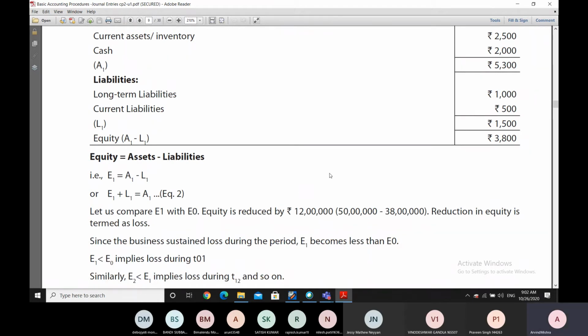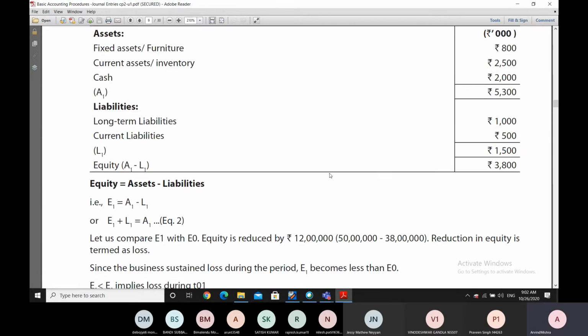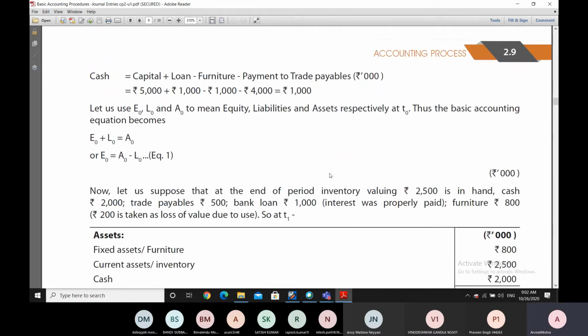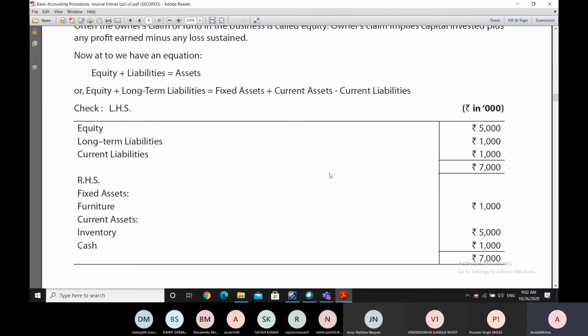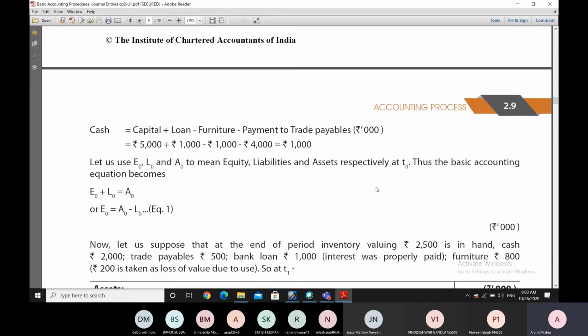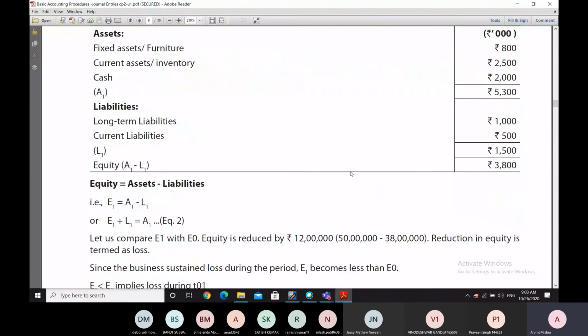So if we have to look at it carefully, here in this case, in the equation 2, it is written in 000. That means whatever amounts are written here are in million. Let's say if we write 5,000 million, it means 50 lakh rupees. So there was an equity of 50 lakh rupees, and when we finally calculated the equity, it is 38 lakh